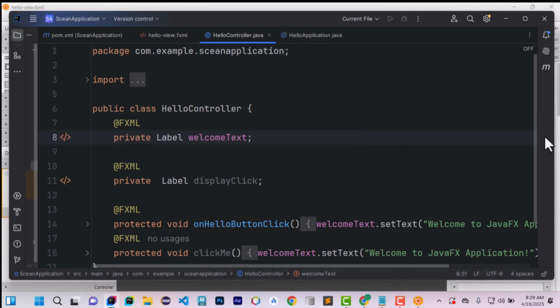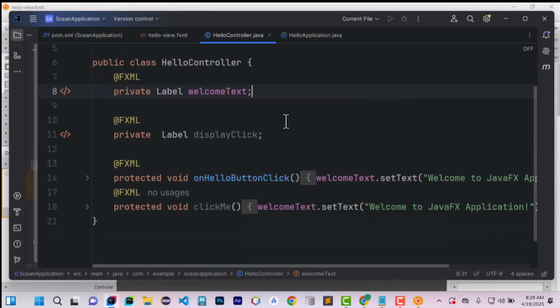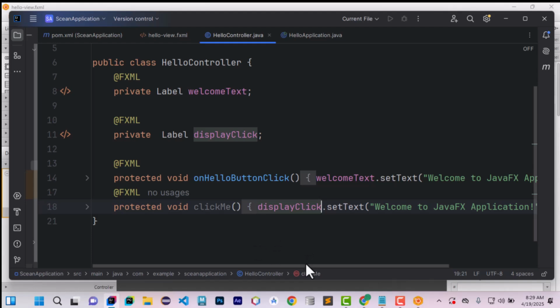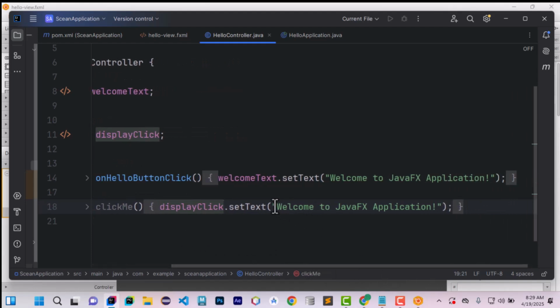Okay. Now I want to do what? Let's see what is this. It's closed. So once I click that button, the one that I created with this click me, let me see whether that's the name. Actually, this is the name, and then we should change the label. So the label is this one. Control copy. Now the text, I just wanted to change the text once I click. So display dot set, and I can change this and say